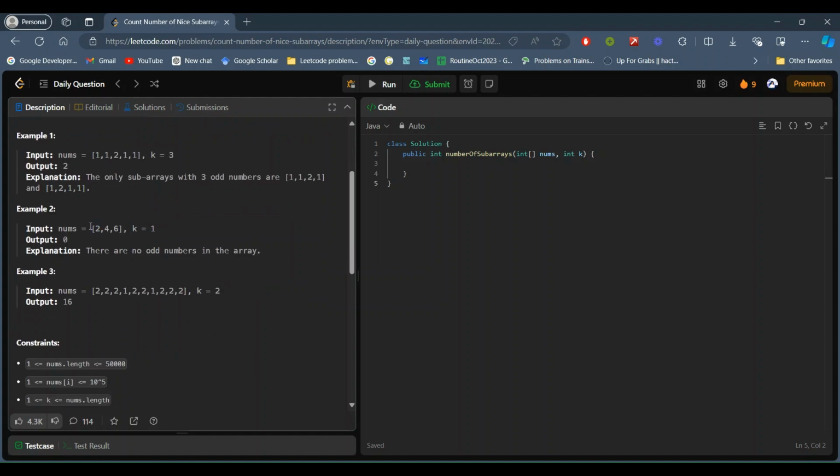In the second example, we have to choose one odd, so we search inside nums for how many consecutive k odd numbers are present. This is an even number, and 4 and 6 are also even numbers. So there are no odd numbers in the array, and the value will be 0. And when we go to the third example and we are searching for k equal to 2,